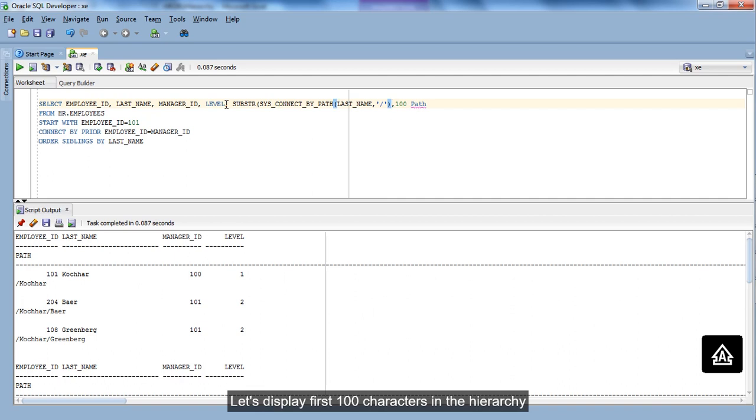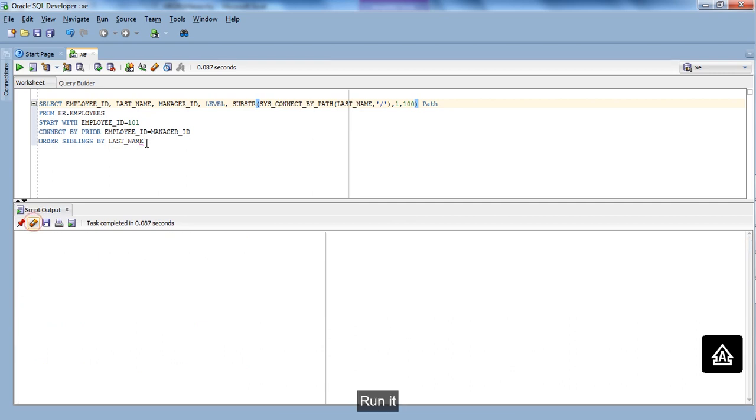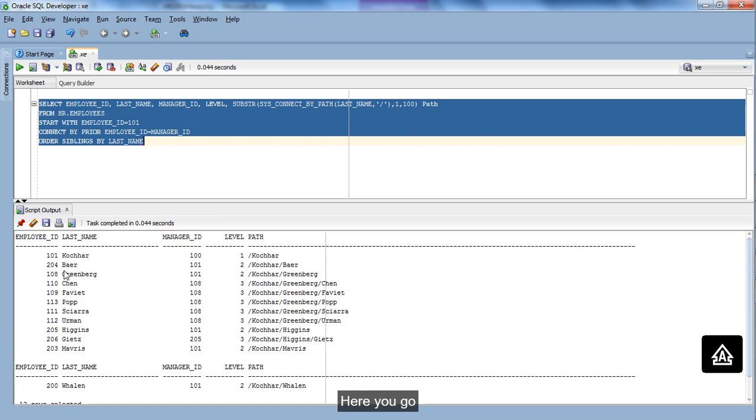Let's display first 100 characters in the hierarchy. Run it. Here you go. Now you see complete hierarchy for each record in the result.